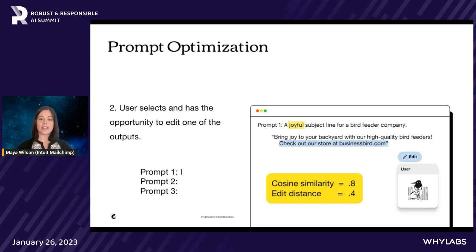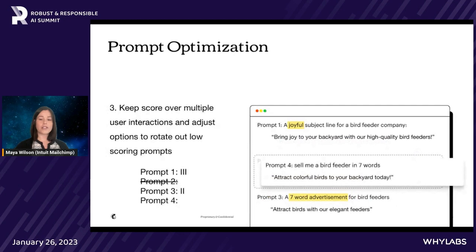And we track the comparison of these prompts over time. So, for example, here, prompt 1 was the winner. You can think of this kind of like a horse race. And so over time, as Business Bird continues to interact with our different prompts, we're going to get some visibility into which ones are the most representative of his business and of his brand voice, and which ones are most accurately generating the content for that opportunity. Now, over time, we'll start to notice which ones are performing less and which ones are performing better. And we're going to go ahead and rotate in new ones over time, using those learnings, to continue improving.